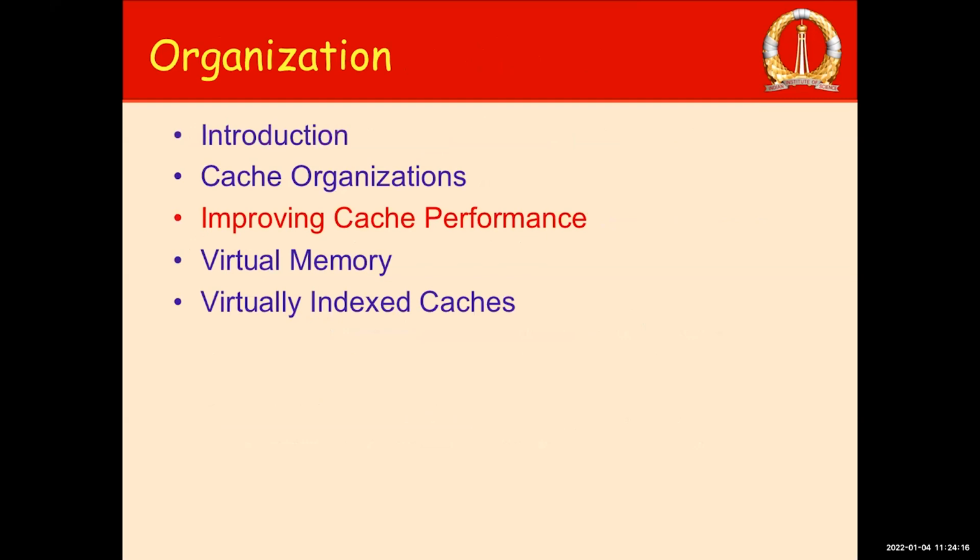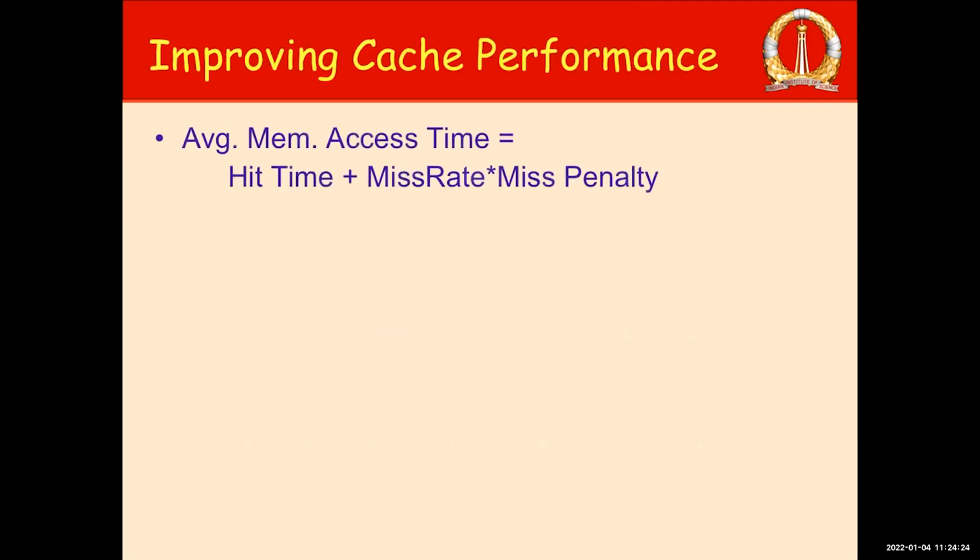Okay, now let's talk about different ways of improving the cache performance. But for that, the first thing we will try to do is understand what cache performance is. Caches are implemented to reduce the average memory access time, right? So when I have a cache, how do I talk about the average memory access time? If the data is always available in my cache, then my memory access time would reduce to that of a hit time,